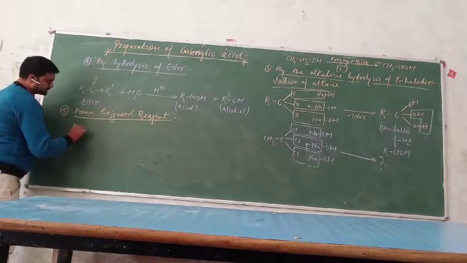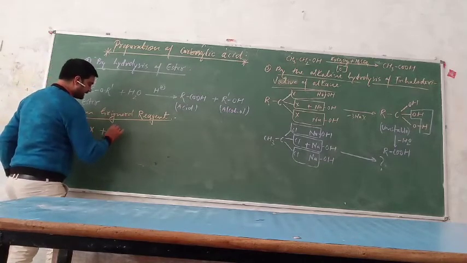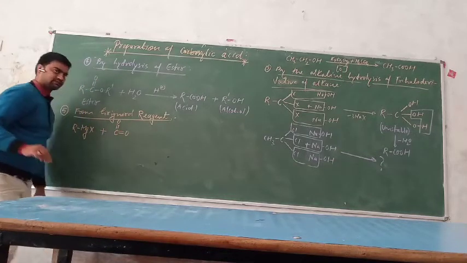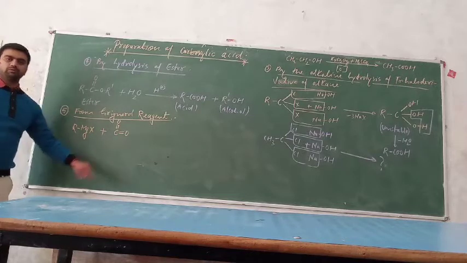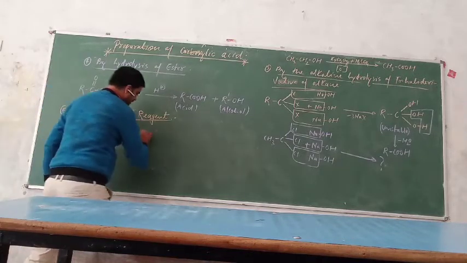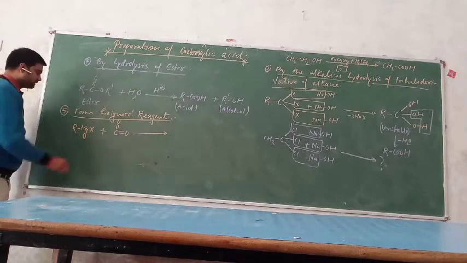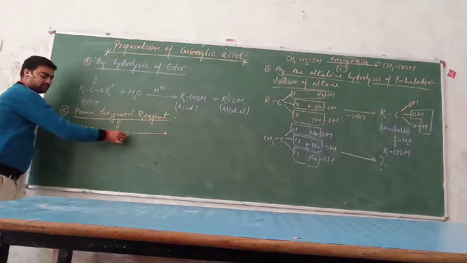The Grignard reagent has the general formula RMgX, and when this Grignard reagent is treated with carbon dioxide, you can write the structure of carbon dioxide in this way: O double bond C double bond O. So after treating the Grignard reagent with this carbon dioxide, the MgX will occupy this oxygen atom